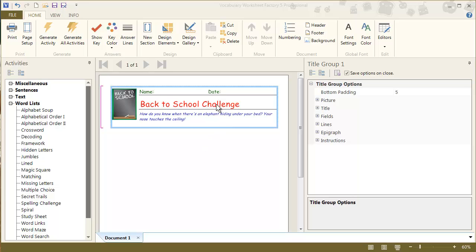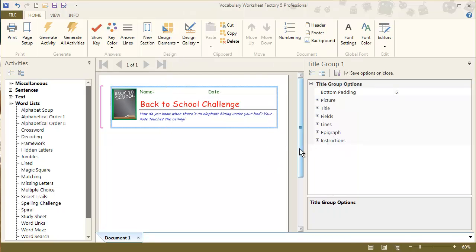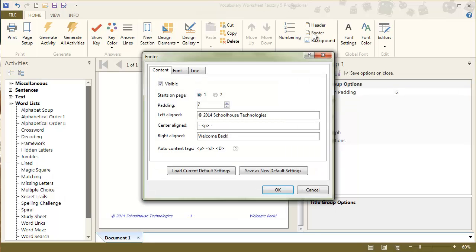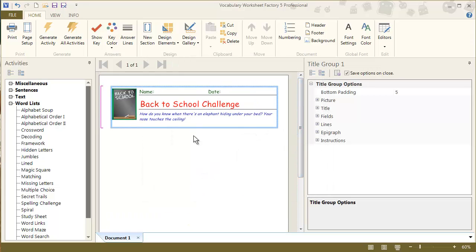So I've customized a title group, and that came from the design elements, and I've customized the footer, which I clicked on footer up here to do that customization. So I've customized the footer and the title group the way I'd like them, and now I can save them as a template.